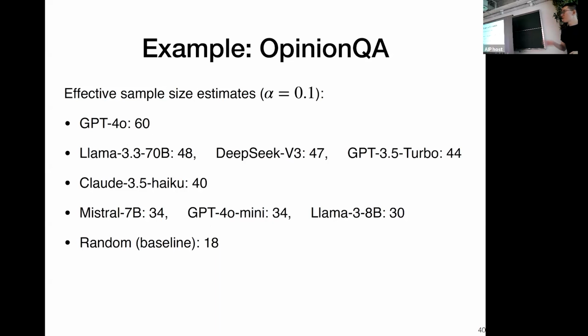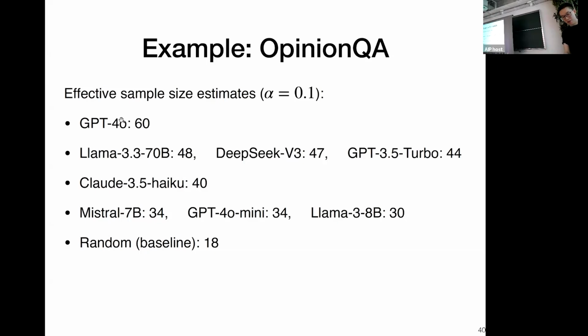So that means for this type of questions, social opinion questions, if you use GPT 4.0 to simulate the general US population, you can simulate 60 times and then just construct a confidence interval. That error bar will be valid. And for other models, they have smaller sample size, and as a result, a wider confidence interval and more variability.